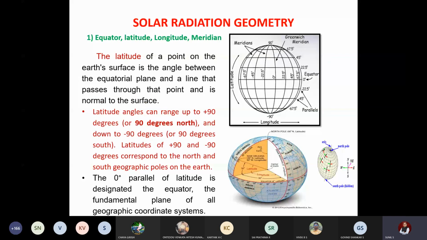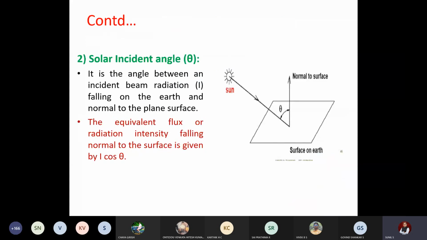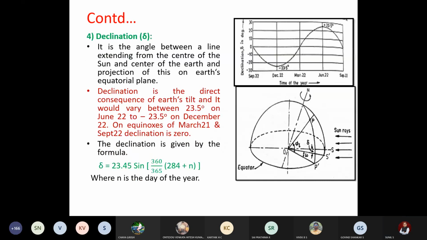Different angles we have studied: latitude, longitude, equator, Greenwich meridian. They are the four important notations that we have discussed. Next, solar incident angle theta we have discussed, altitude angle phi L, declination angle delta, and how to